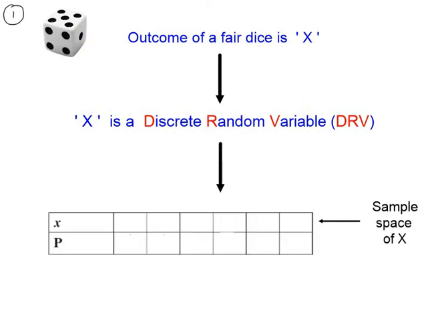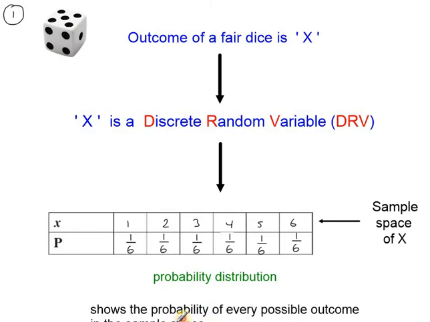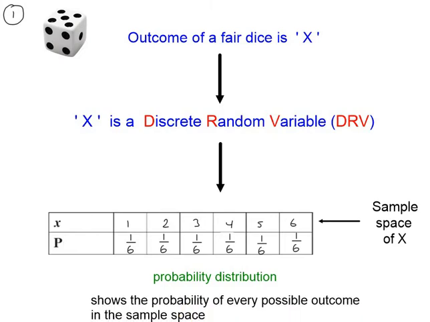And we can take the outcomes of X and represent them in a probability table. The sample space of X goes along here, and it's a fair dice, so all of these probabilities will be 1/6 each. So what we're looking at here is a table that represents every single outcome possible for this dice, and that's the sample space of X along here, the numbers 1 to 6, and their respective probabilities. We call this a probability distribution table, and a probability distribution shows the probability of every possible outcome in the